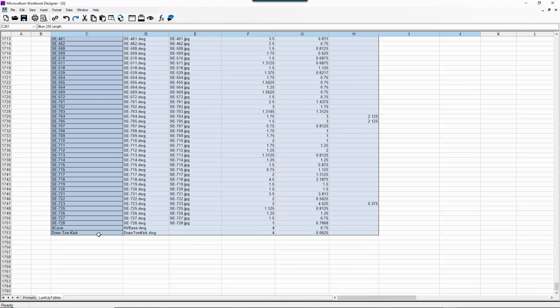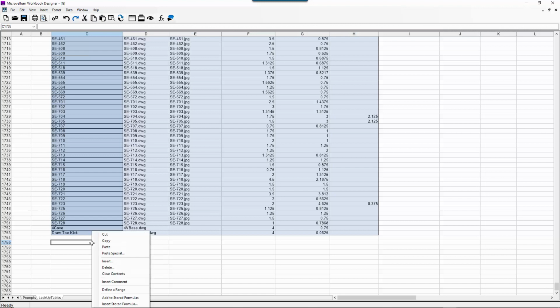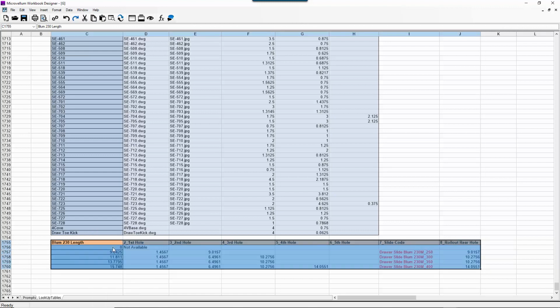And here we're going to go ahead and leave one blank row. I'm going to put my cursor right here, right click, select paste. And so now I have a new lookup table created. And so now I'm going to go ahead and type in the information that I want. So first in this header, I'm going to go ahead and just call this